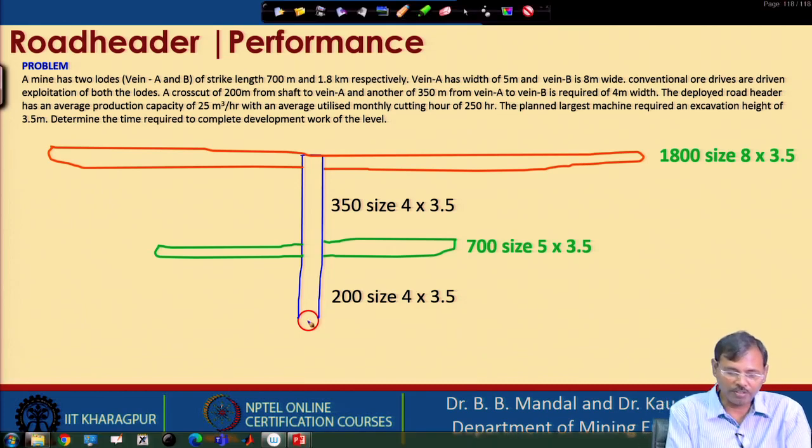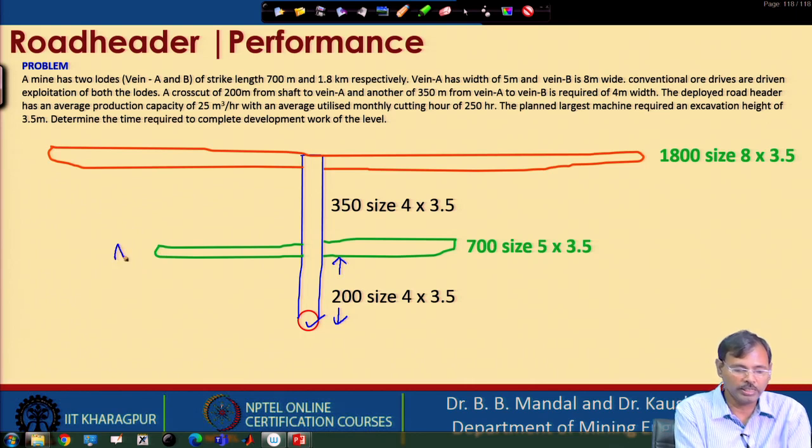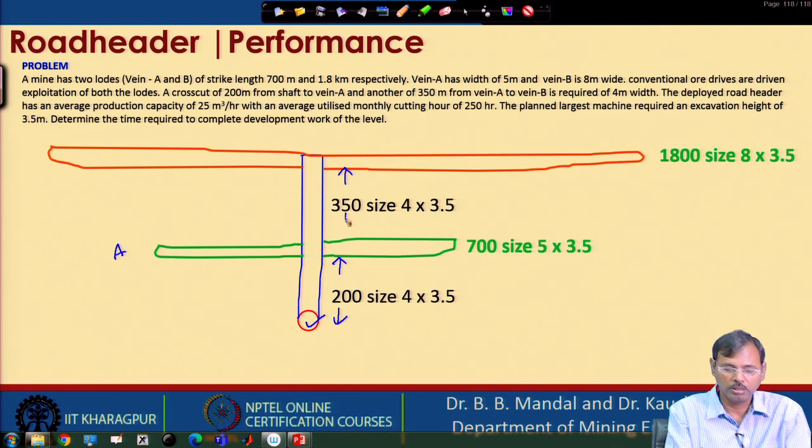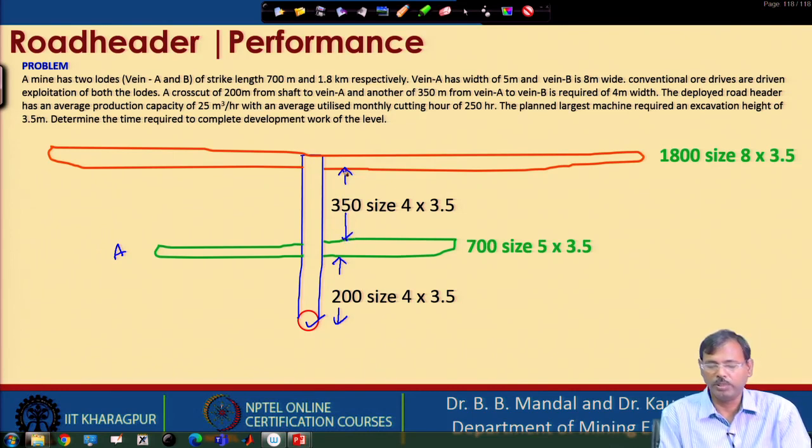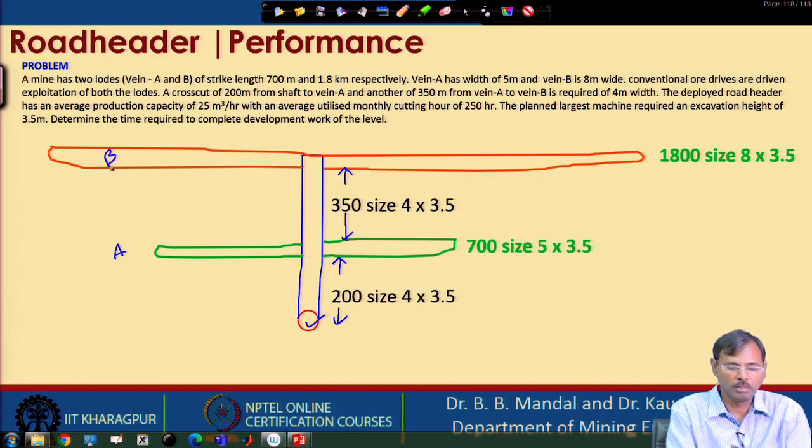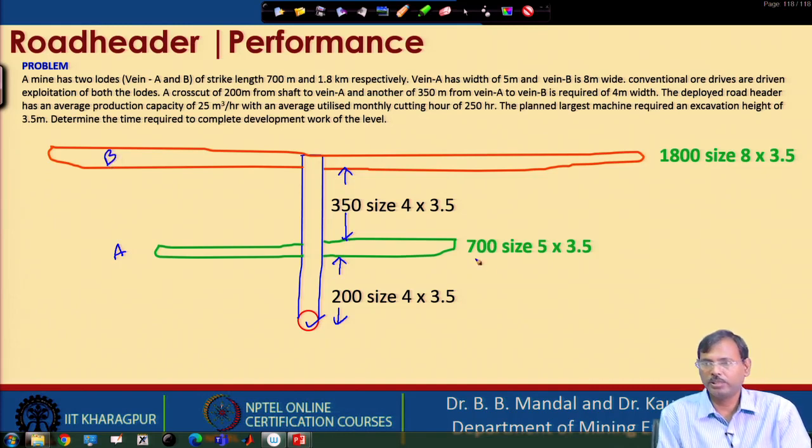Say this is our shaft, there is a 200 meter cross cut from shaft to vein A, and there is a 350 meter cross cut from vein A to vein B. Vein A is 700 meter long, vein B is 800 meter long, and vein B size of opening is 8